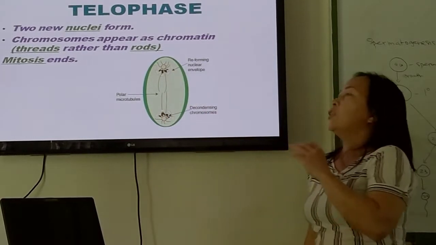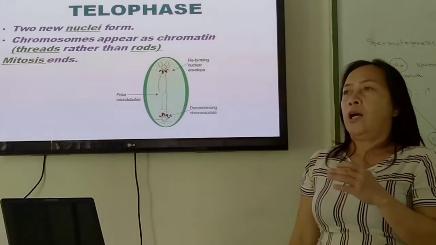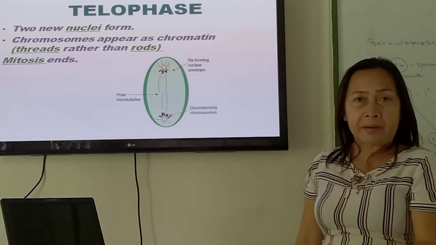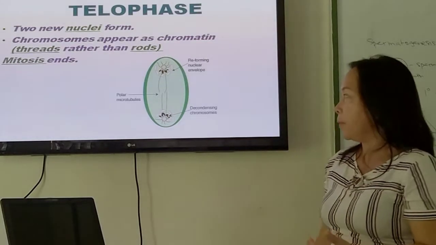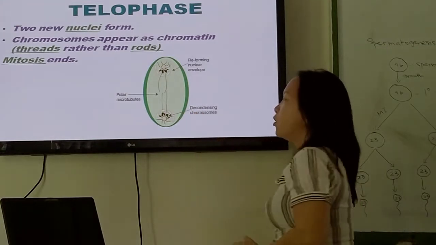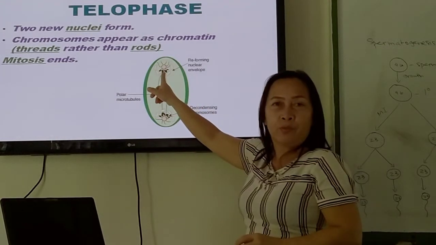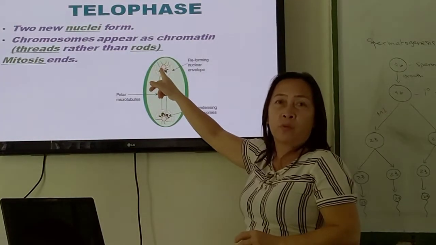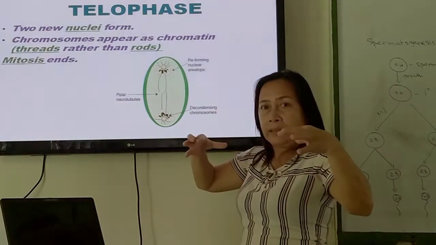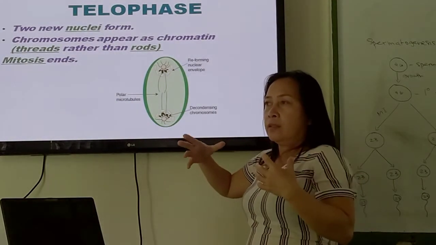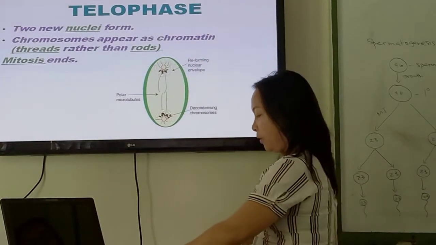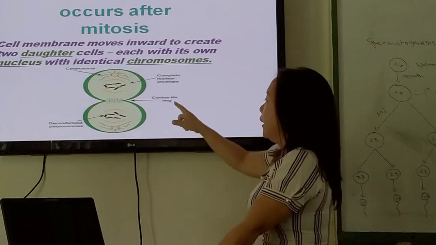So, during telophase, the nuclear membranes start to reappear. And you could see again decondensing chromosomes. The chromosomes decondense, and then they start to become or appear as chromatin materials. But what is distinguishing here is